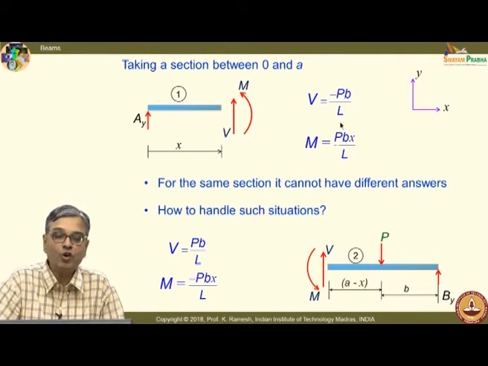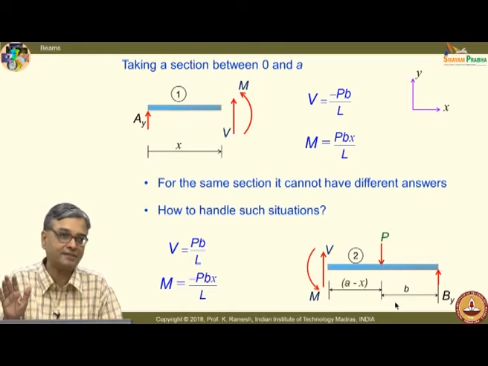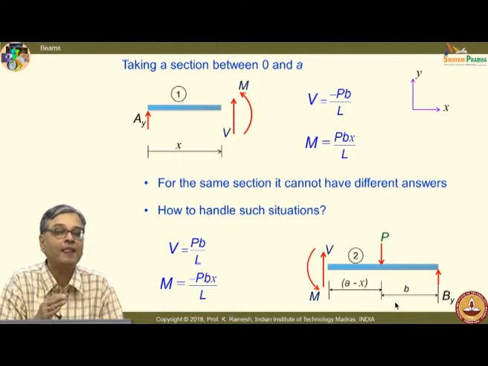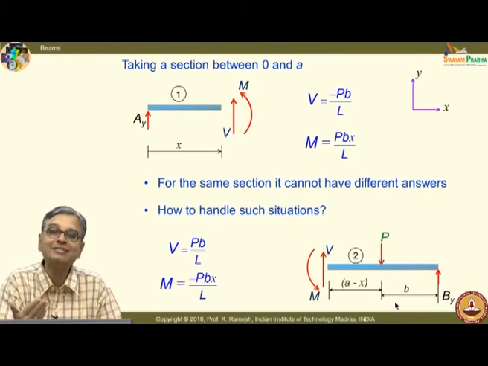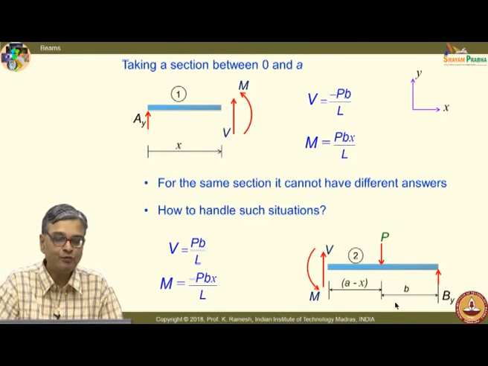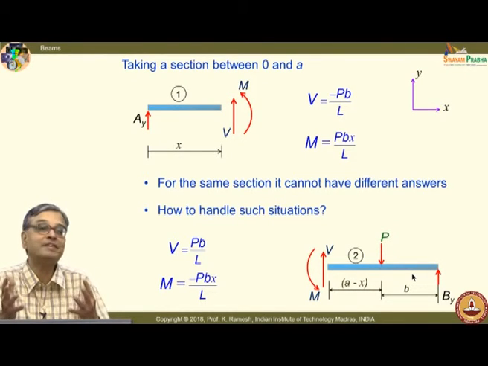When I finally translate this and change them, both the results will give me the same answer. But the question is, when I want to plot a bending moment diagram or a shear force diagram, how will I write this as positive or negative? Individually, what I have solved in this free body diagram is correct. Individually, what I have solved in this free body diagram is correct. But collectively, we have missed a very important point.